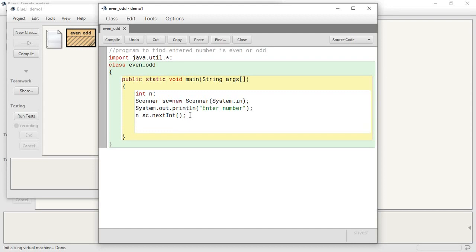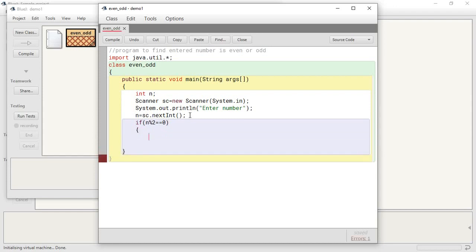Next, what we are going to do is, if n mod 2 is equal to 0, that is, if the modulus of the number is equal to 0, the entered number is even.